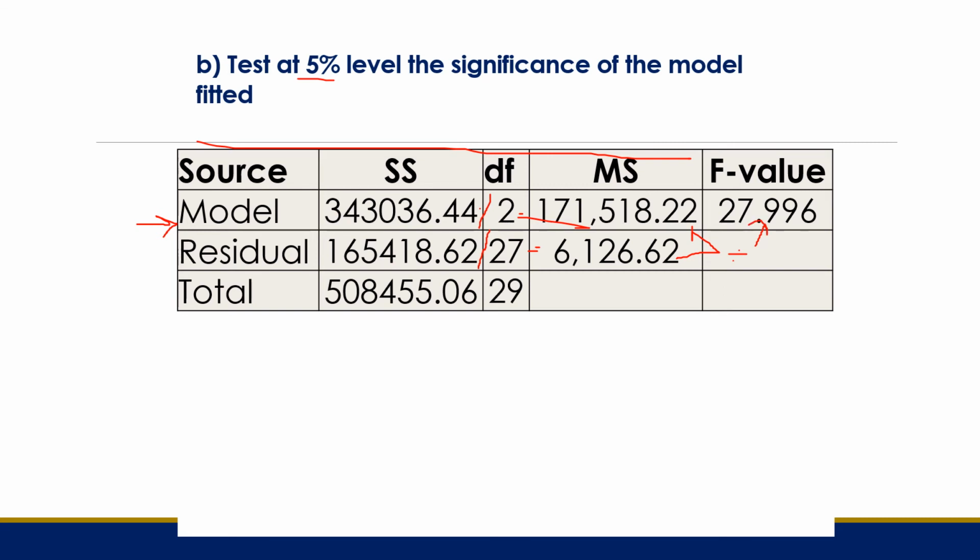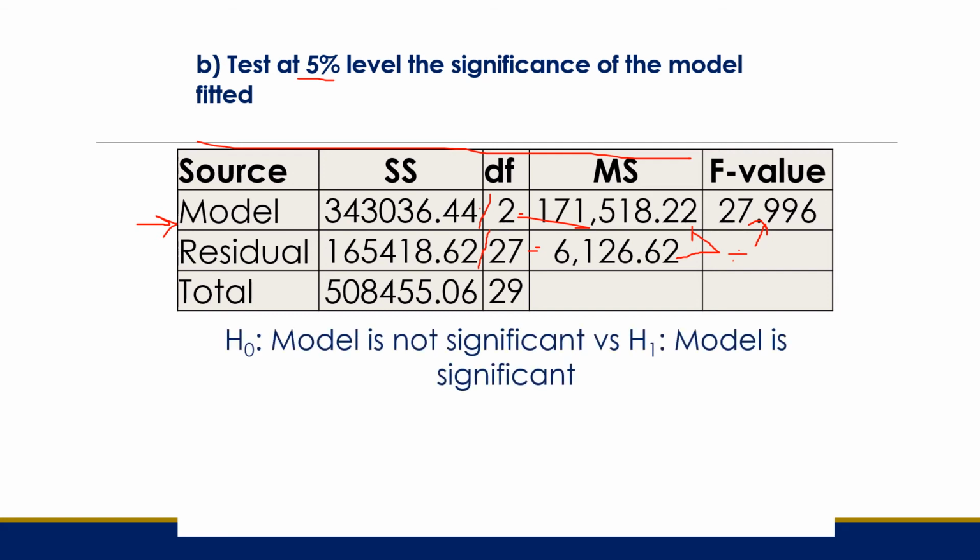F. So in order to test this model, the hypothesis that we have is that the model is not significant versus that the model is significant. So the critical value is going to be the F at 2 degrees of freedom and 27. Normally, just look at this, the degrees of freedom of the model and degrees of freedom of the error. This is the numerator degrees of freedom, and this one is the denominator degrees of freedom. Then you read off from here and you get